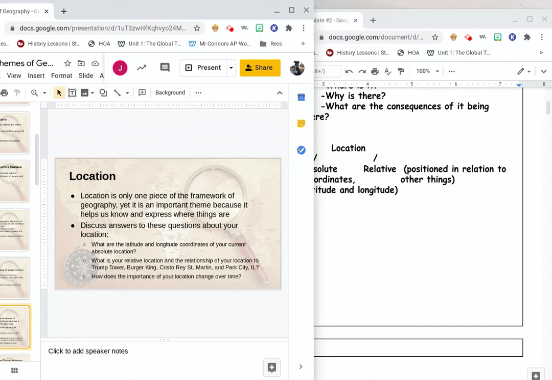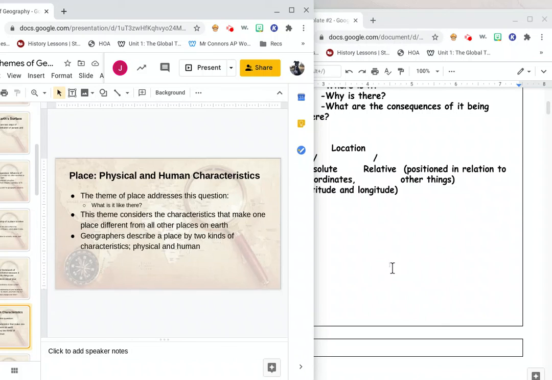On this slide, we're discussing further what the implications of location are. That was a fun sentence to say. Location is just, again, one piece of this geography puzzle. There are some discussion questions here. I would not expect you to look at them at this point. We did not discuss them in class, but if you would like to further your understanding, you are more than welcome to discuss and think about those.